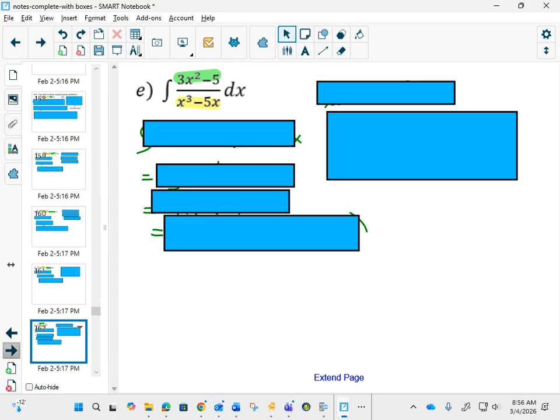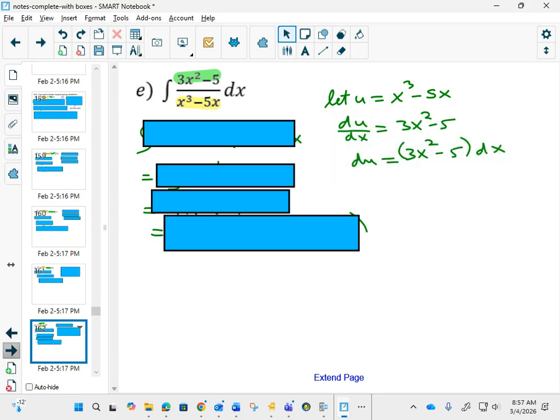But if we do see that, okay, there's a relationship between the top and the bottom, the top is the derivative of the bottom. So what happens, I don't know if it's going to work, and this is sometimes what happens when you try substitution, is you're not sure that substitution is going to work, because it doesn't feel like you had an inside function like the other ones, right? The other ones, the yellow part I highlighted, was always inside of a power or inside of another function, inside of e. But when I do this, and I let u equal that, and I find my derivative, and I do my substitution,